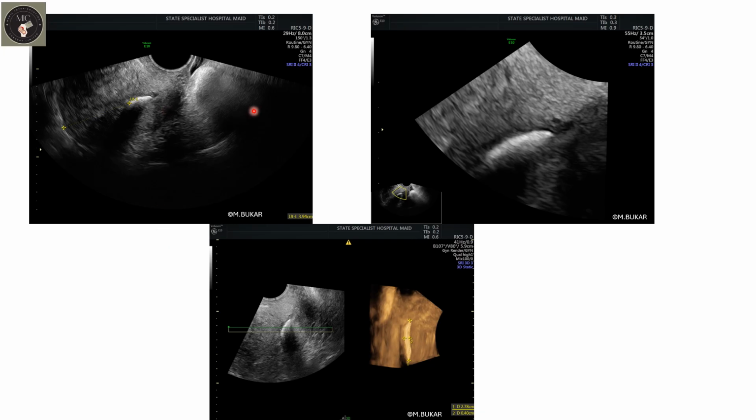Now these are the still images. Here you can see the uterovesical fold. If you trace the uterovesical fold here, you can see this will cross the internal os. So this slight fluid collection here is around the internal os. So you can see this linear echogenic